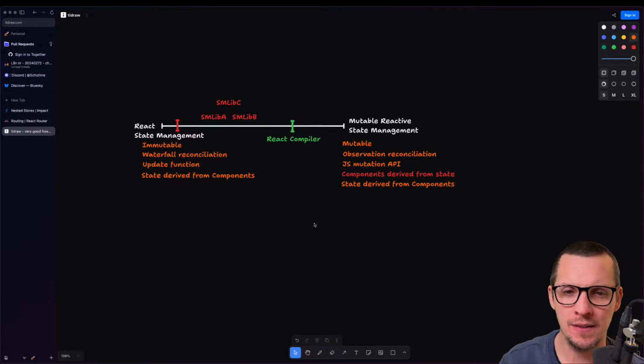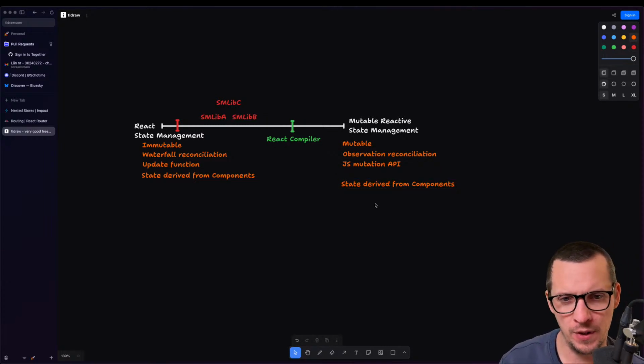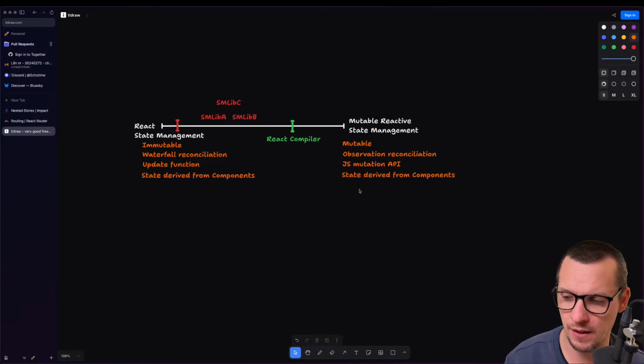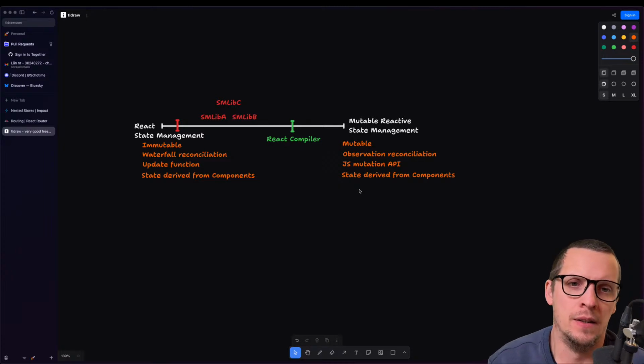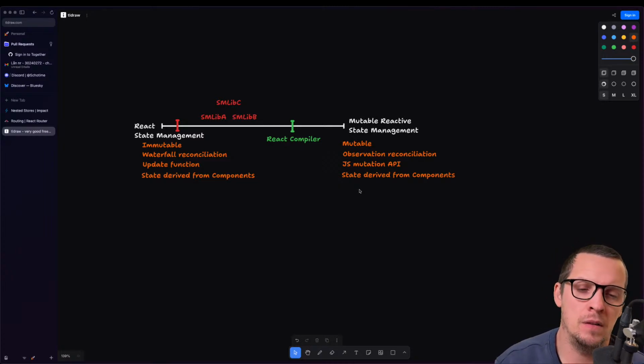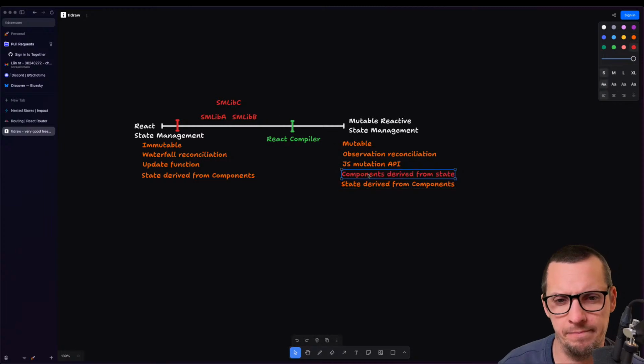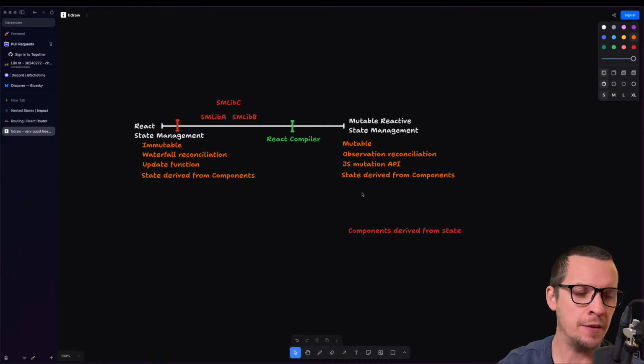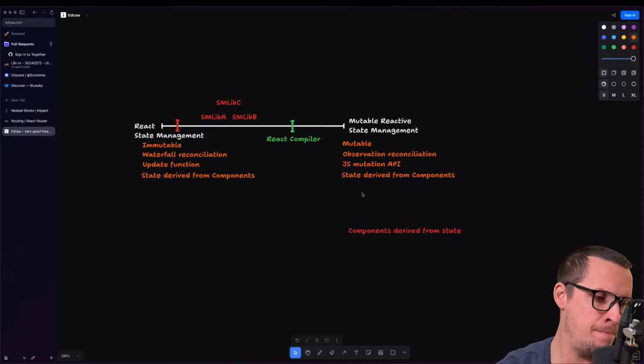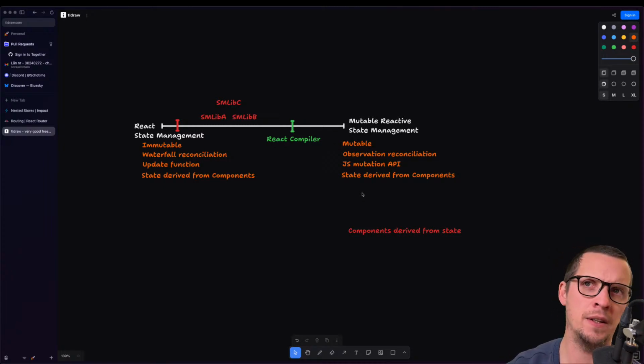What I want to say is, if you were to do this, it would actually replace use state. That's the thing. It would actually replace use state, because to me, if you mix use state with use reactive, I don't know.